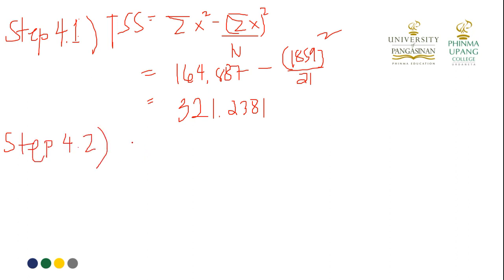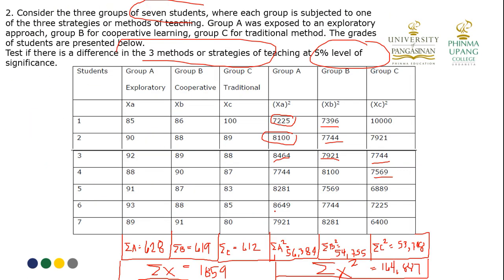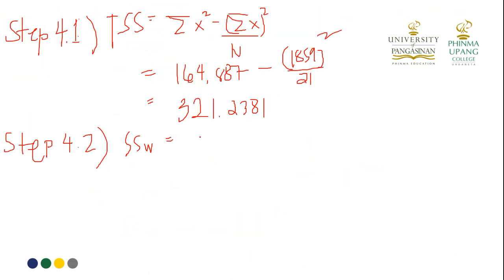4.2. The SSW. Hindi ko na isusulat yung formula, basta alam mo yung principle, alam mo yung process kung paano kunin ang SSW. Punta ka sa A. Squared is 56,384 minus yung 628, 628 all over